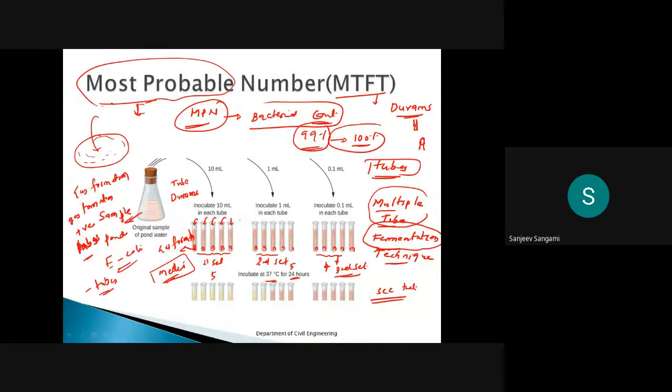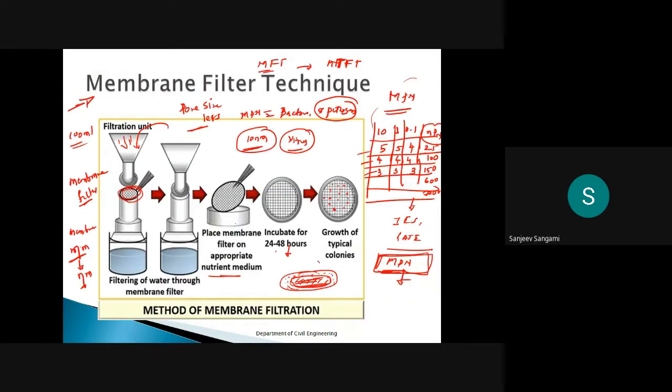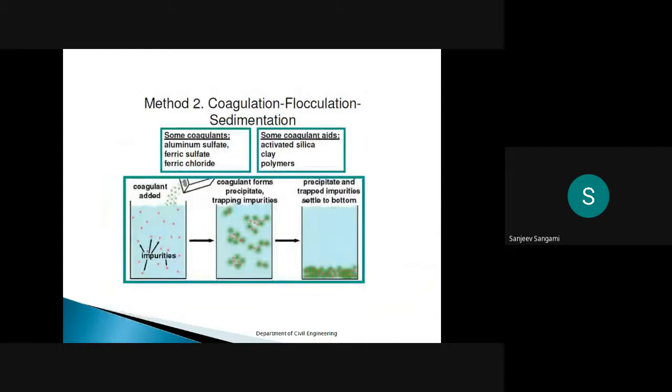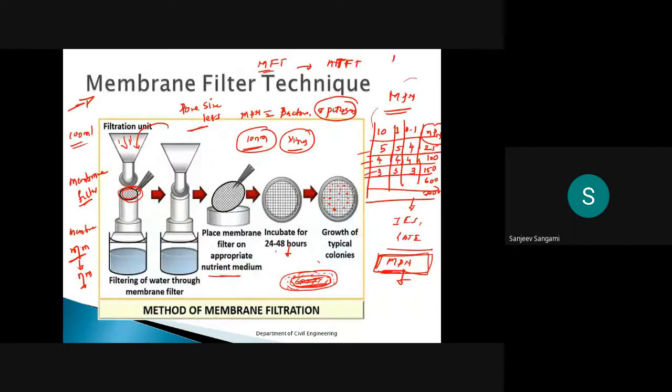In MTFT also we have 3 stages: the presumptive test, then confirmative, then completed test. Remember these stages.